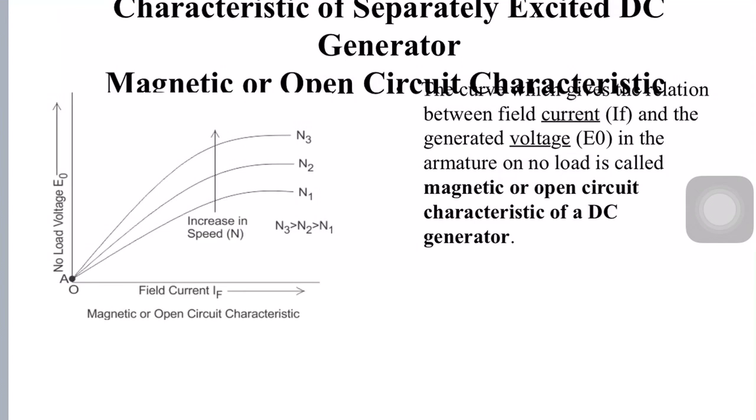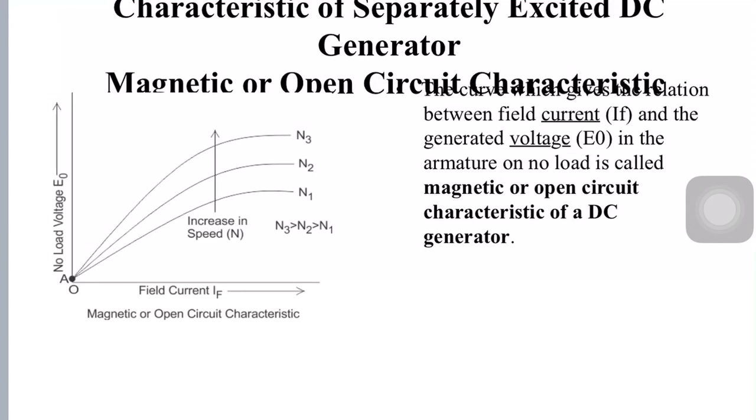So these characteristics give the behavior of the generator under different loading conditions. For different load conditions, how the generator behaves, that is the change of the generated EMF, the change of armature current, we'll see. Generally, in DC generators there are three important characteristics. One is the open circuit characteristics, the second one is the internal characteristics or total characteristics, and the third one is the external characteristics.